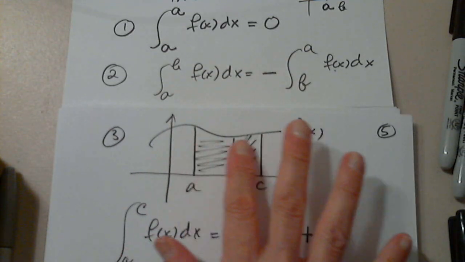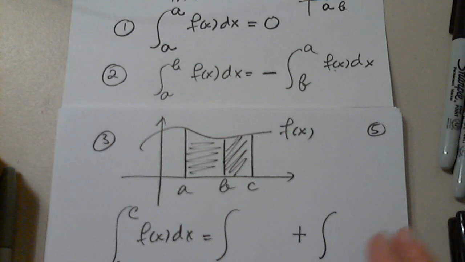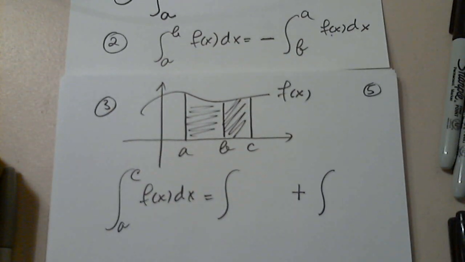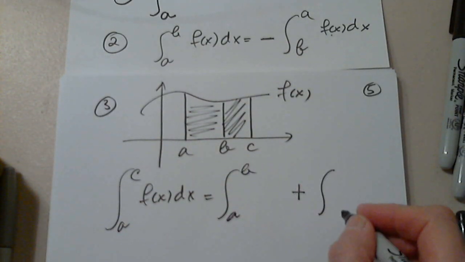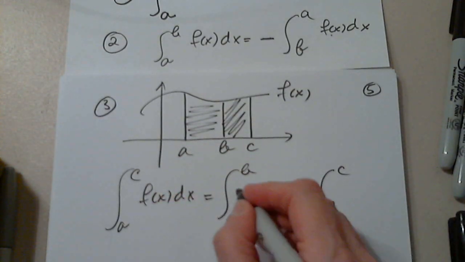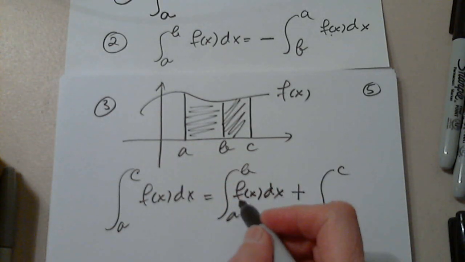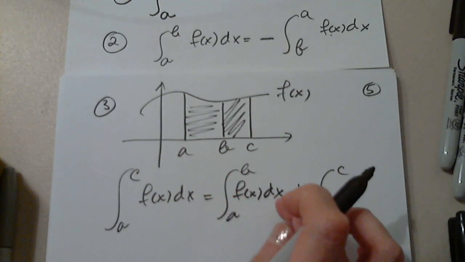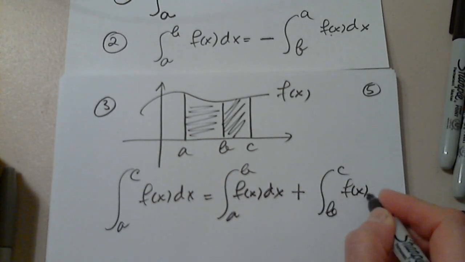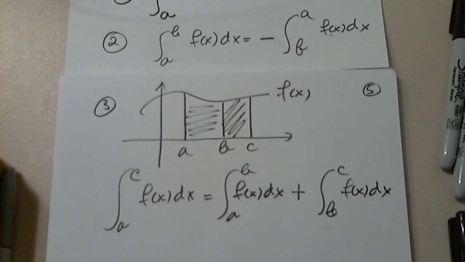So the area under the function between a and c can be presented as the integral from a to b, exactly, and from b to c, exactly, of the same thing, of course. Remember, there is no integral without the dx. The function could be just one, but there's no integral without the dx. f of x dx. Perfect. Okay, and